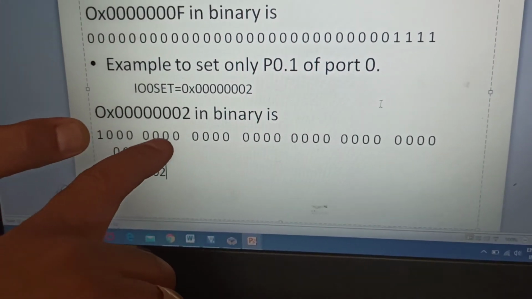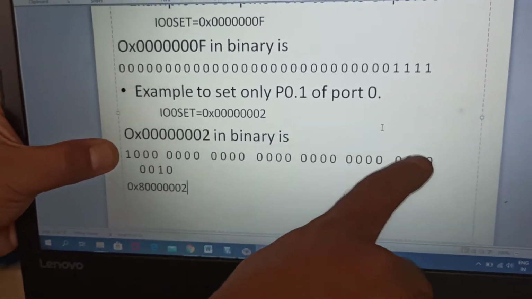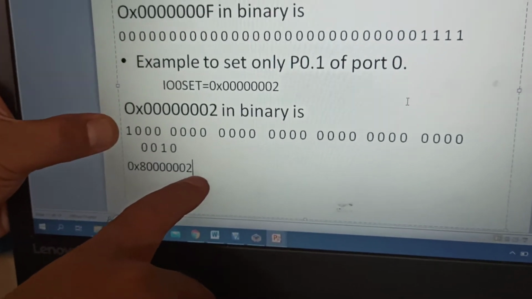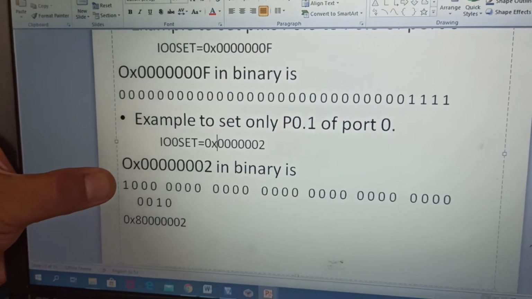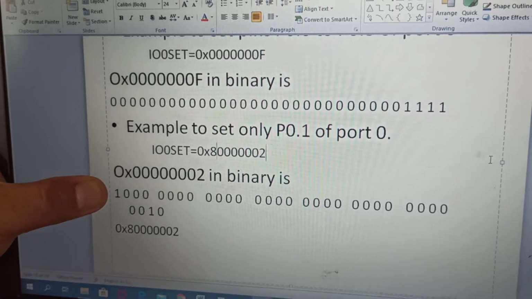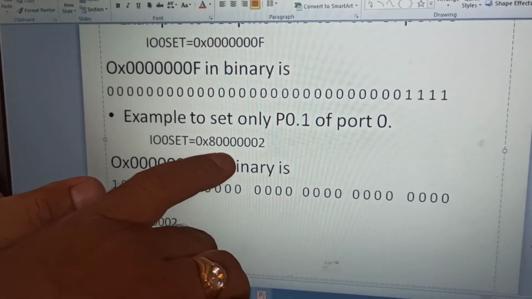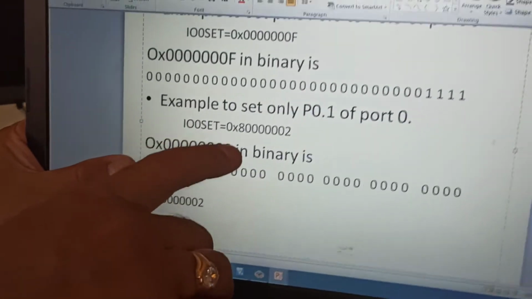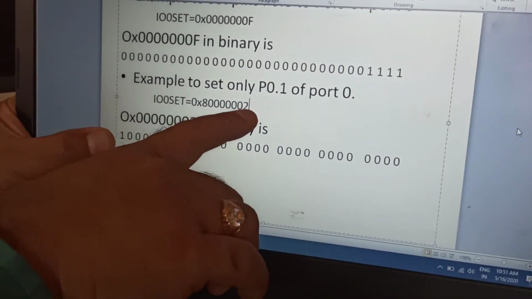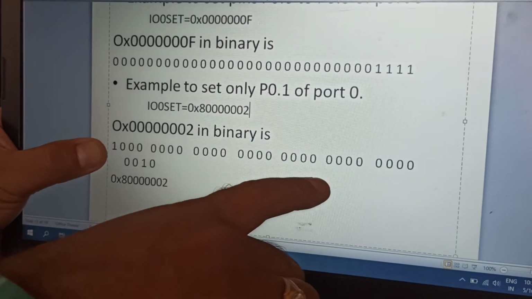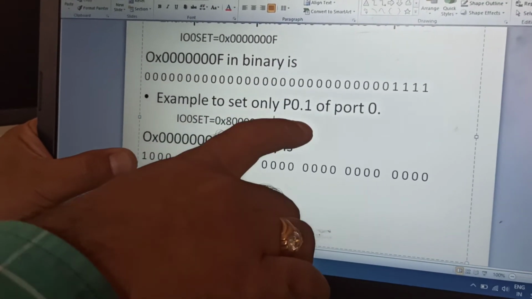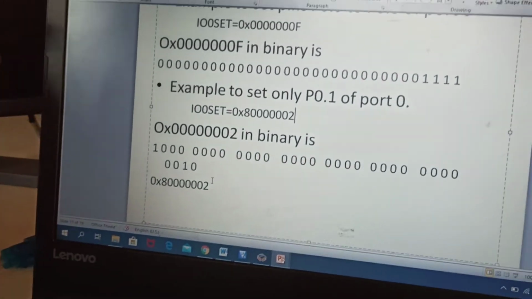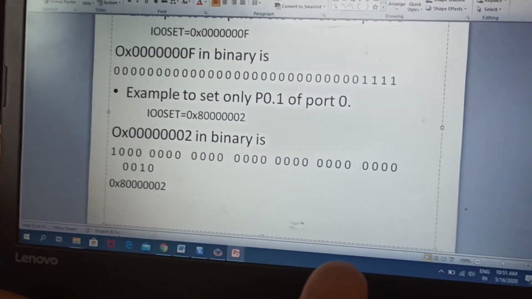So that is 80000000, this is 2, 80000002. This value we have to load. Here we have to write 8. When we write this into IO0SET, the 31st bit and the P0 of 1st bit, P0 of 1 and P0 of 31, will be selected and set to 1.